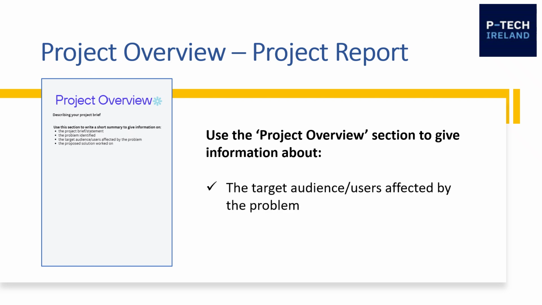You should also include a summary of the target audience or the users who are affected by this problem. So when you get your project brief, you need to read it carefully and you need to think about who are the target audience or who are the users? How are they affected? What are the major issues or the major pain points that they face because of this problem? You should also write a summary to give information on your proposed solution. So what did you develop to help your target audience or to help the company, and why is this solution